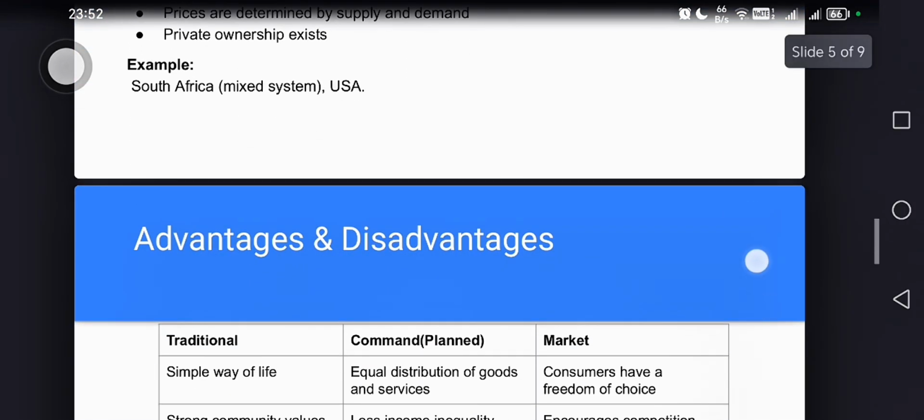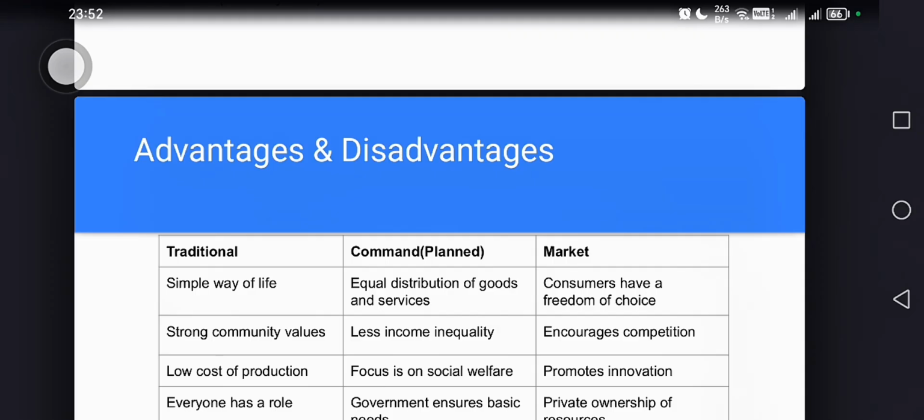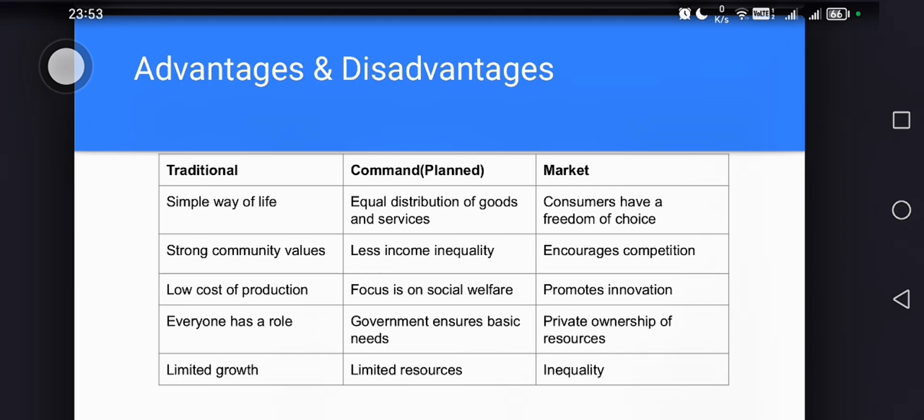And this leads us to the second section, the advantages and disadvantages of these three economic systems that we described above. Okay, so under the traditional economic system, there is a simple way of life because people depend mainly on what has been done back in the days. It's as simple as that. There are no complications. You don't need to prove a thing. You just have to follow the tradition, follow what has been done in the past, and they rely mainly on